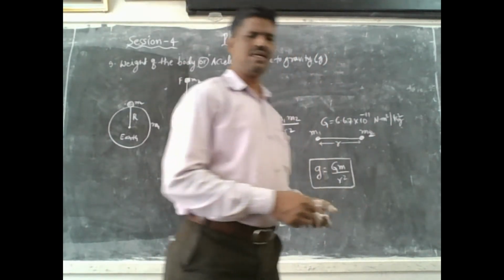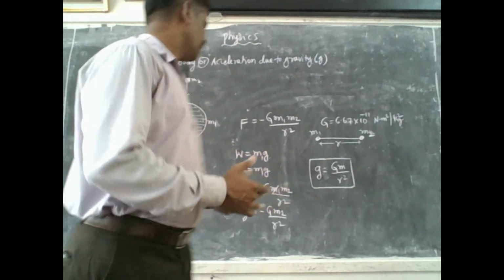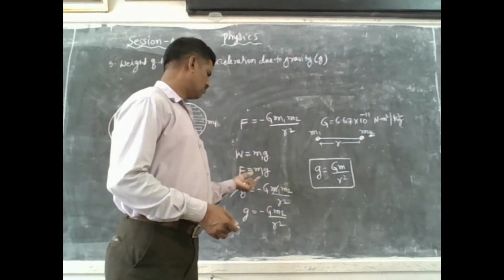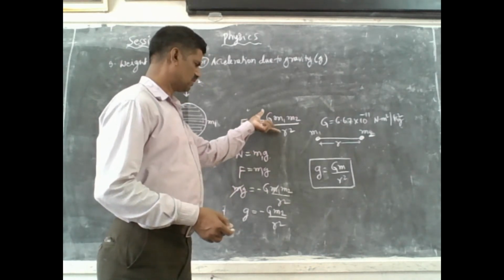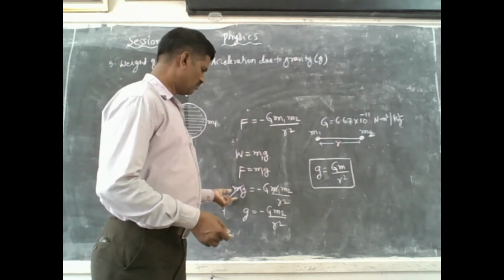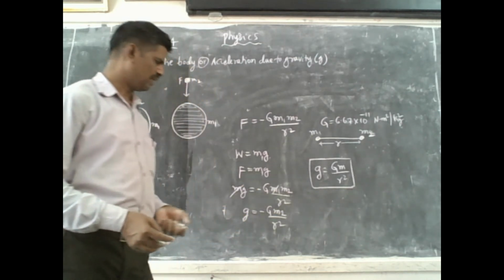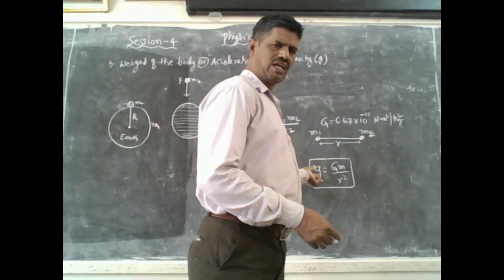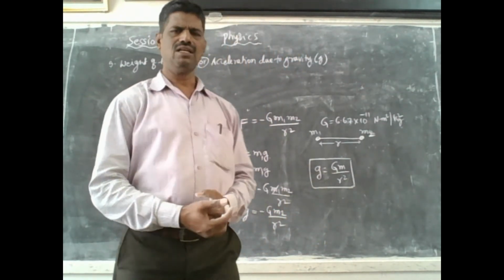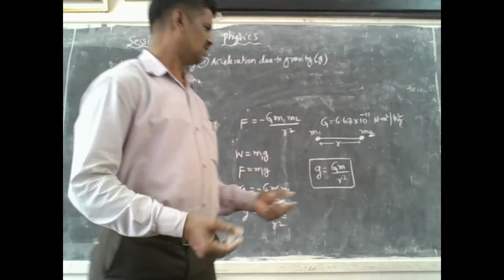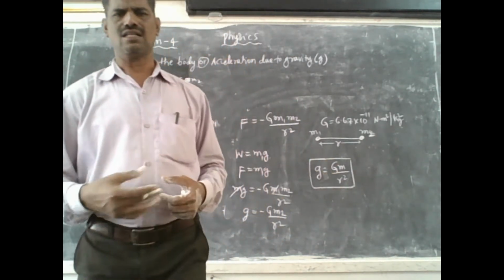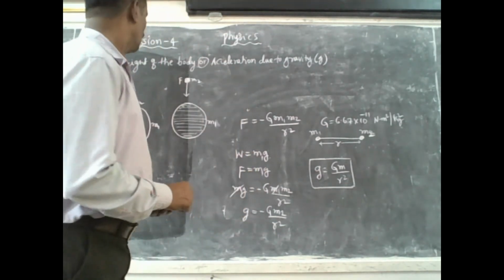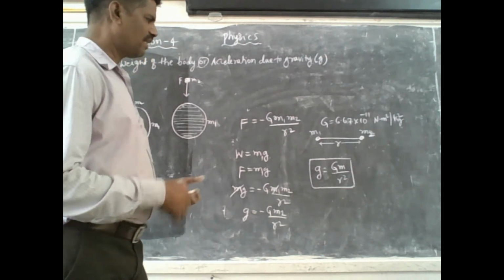So we can write g is equal to GM by R square. This is known as the weight of the body, isn't it? So weight is equal to m1g, or F is equal to m1g. So F can be substituted in this equation: m1g is equal to GM2 by R square. Generally, we can write g is equal to GM by R square, where M is the mass of the other body. So these are the forces which are acting on the system.